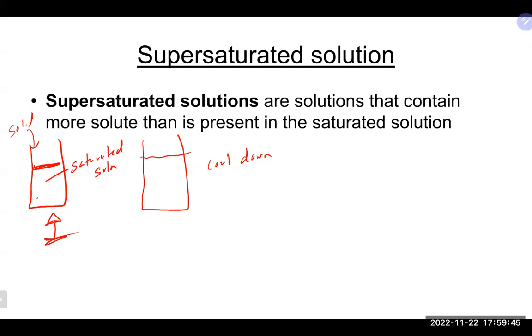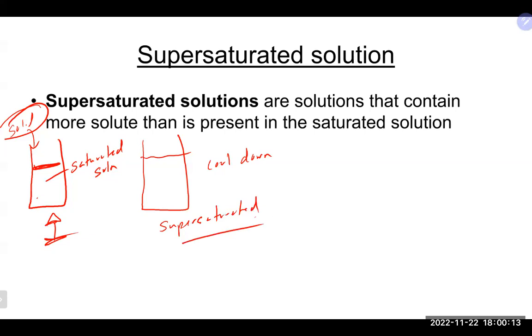As this solution starts to cool back down to room temperature, the solubility has now also come back down. The problem is you've already dissolved a bunch of solid in that solution. So what you have now is a supersaturated solution, which is a solution that has way too much solute